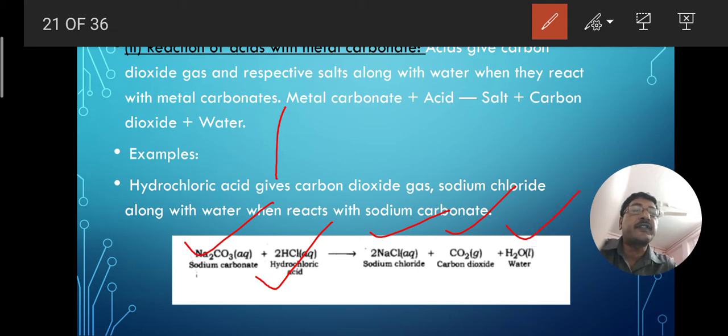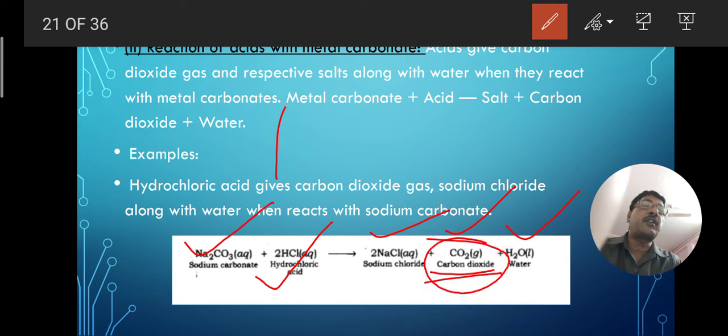Why is this carbon dioxide produced? We should always remember that for any carbonate, maybe a metal carbonate, sodium carbonate, maybe sodium bicarbonate or any other carbonate, you have to immediately confirm that there will be formation of carbon dioxide gas along with water, and the basic thing is there will be formation of salt of that metal, from sodium carbonate. So sodium chloride will be produced as it is reacting with hydrochloric acid. So chloride from here and sodium from here will form sodium chloride, carbon dioxide and water. Here three things will be produced: one is salt, carbon dioxide and water.